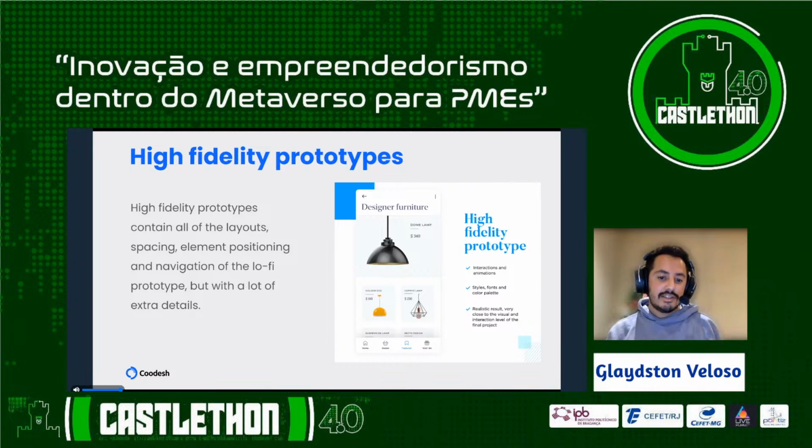So the navigation is explained more during the process of validating the prototypes. We pass through these three methods. We can start with paper in the beginning. After that, we can do some validation with the users. After that, we can use low fidelity, or jump to high fidelity prototypes, because it is very similar to low fidelity on paper. And the difference in this case is that when you use paper, we need to